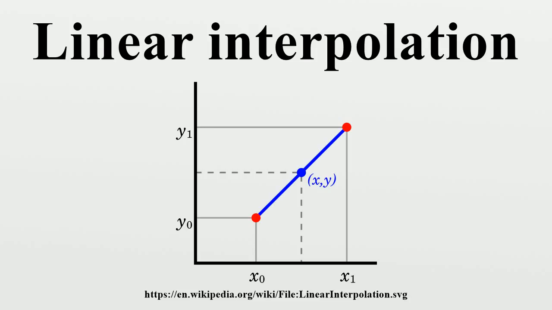Linear interpolation as approximation. Linear interpolation is often used to approximate a value of some function f using two known values of that function at other points. The error of this approximation is defined as the difference between f and p, where p denotes the linear interpolation polynomial defined above. It can be proven using Rolle's theorem that if f has a continuous second derivative, the error is bounded by